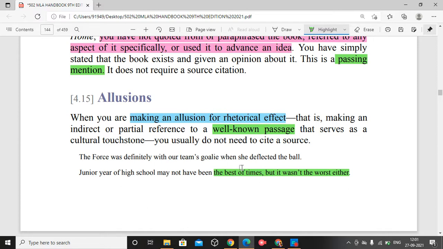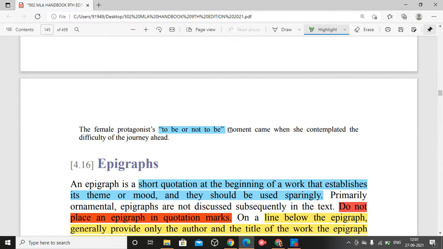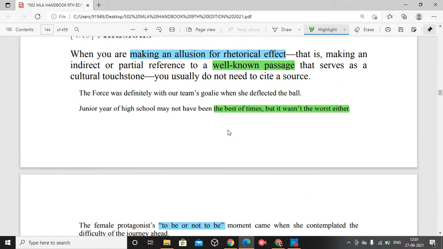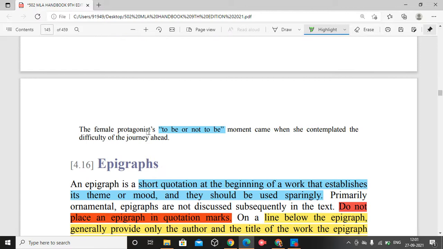It's not something to be quoted always. That has become part of well-known conversation, or almost everyone quotes it, so that even without your quoting, people can understand that this is not your own. Otherwise, you have to do it. Allusions: "To be or not to be." So usually you do not need to cite the source. You have to put it in quotes, but citation may not be that necessary.